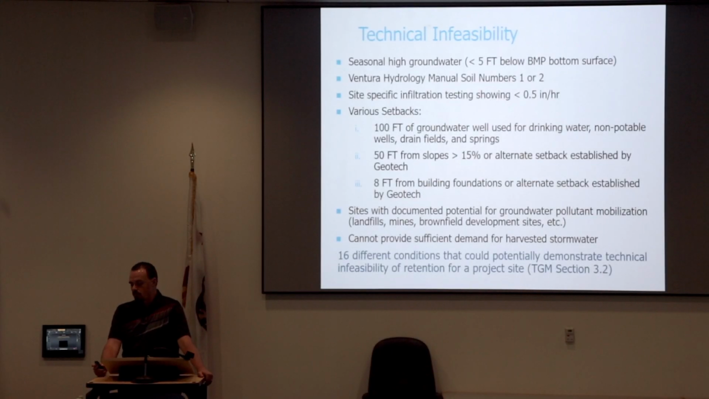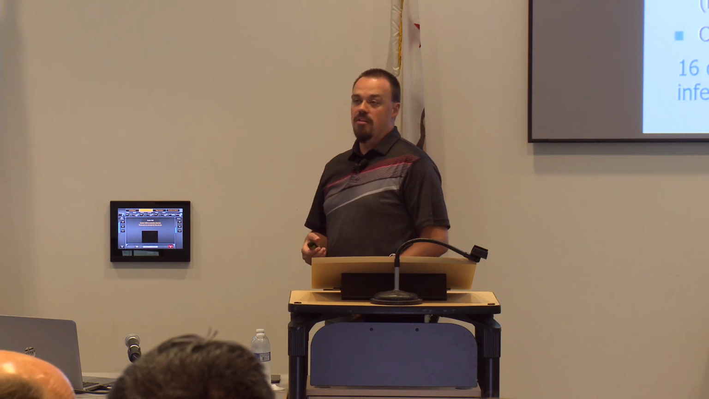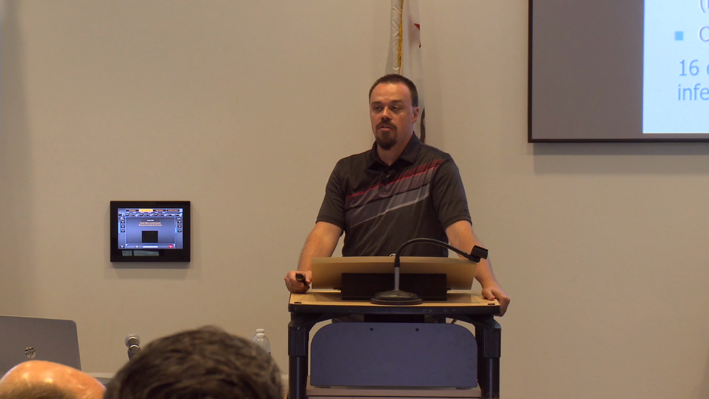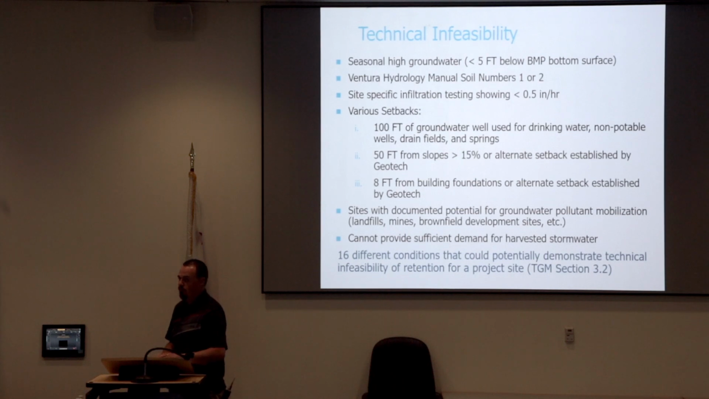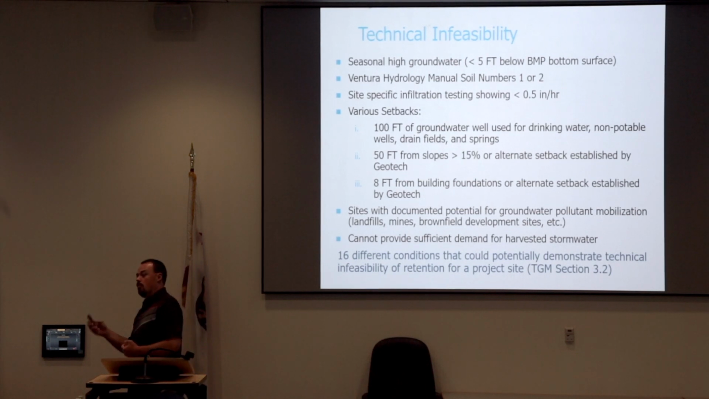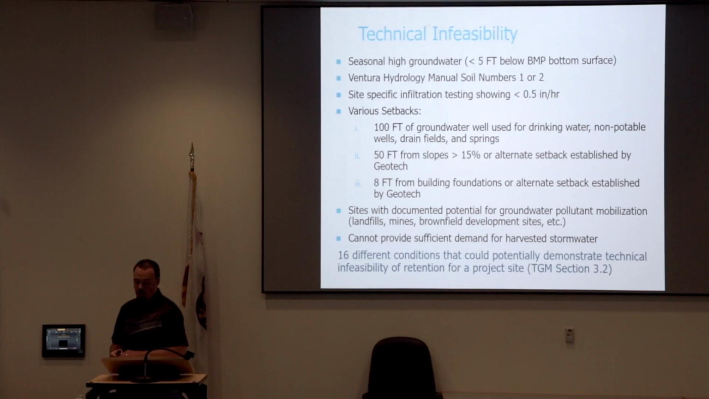All right, so we'll continue on here with session 2 in the wonderful world of technical infeasibility. Within the technical guidance manual, there are 16 different conditions that could potentially qualify any project for technical infeasibility. The primary one, number 1, is if the soils aren't infiltratable. Even the technical guidance manual says if you have a soil number 1 or 2 per that map in the technical guidance manual, as well as the GIS shapefile, you can technically go for technical infeasibility without infiltration